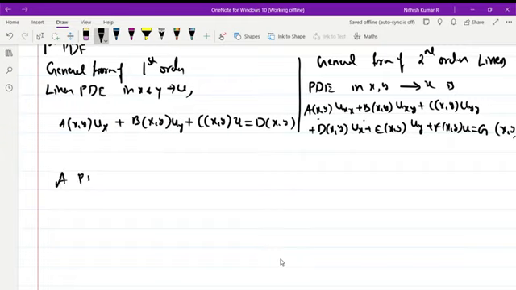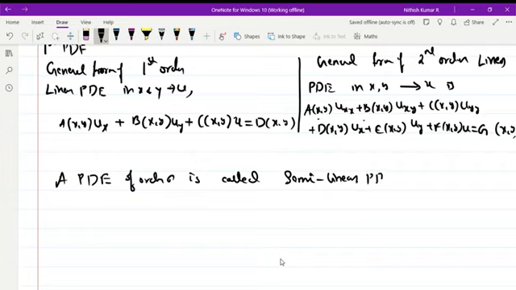A partial differential equation of order n is called a semi-linear partial differential equation if it is linear